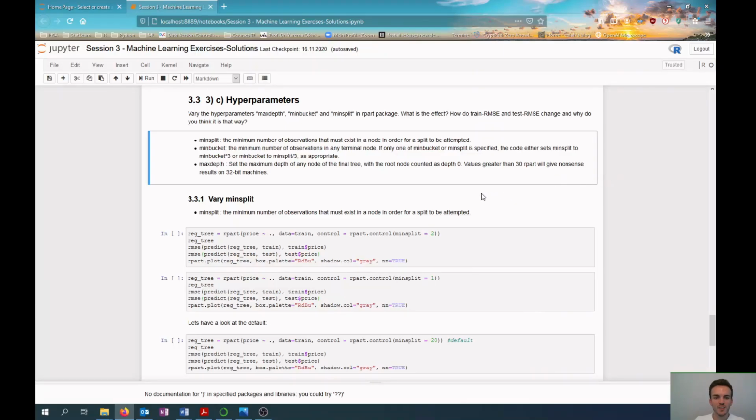In exercise 3c, we will talk about hyperparameters maxstat, minbucket, and minsplit. A hyperparameter is a parameter that you have to set exogenously. In our case, this will be stopping criteria, so they should stop the tree from growing too much. We will vary them and see what its effect is and how that does influence the train and the test